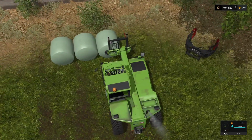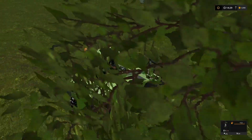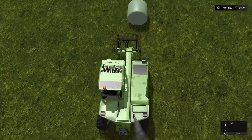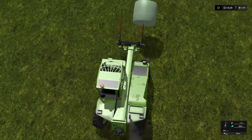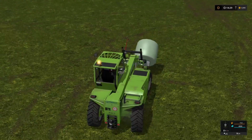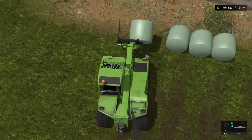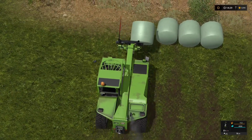Certainly a very nice lump of cash. Most of that will probably initially just pay off our loan debt. But it'd be nice to have some cash on hand as well. So if we say pay off 100 grand of our loan, and then the rest we'll keep as cash on hand in case we have any other purchases. Like I said, our cows are currently making us around $5,000 to $6,000 a day in profit against our daily expenses. So we are in a really healthy position right now,